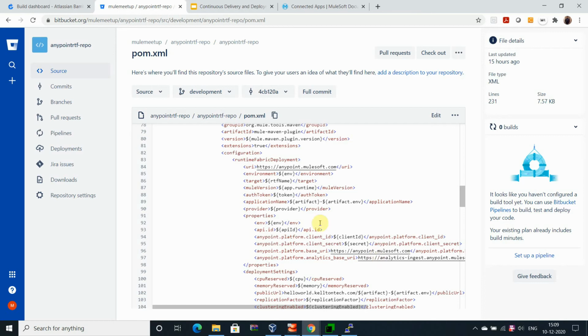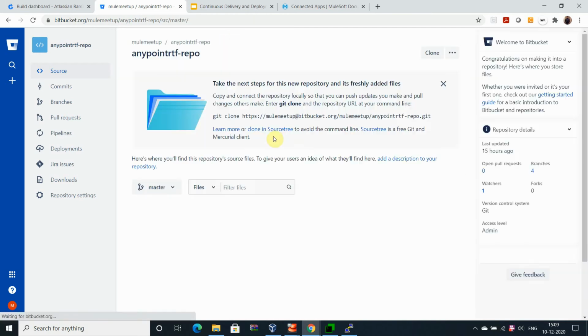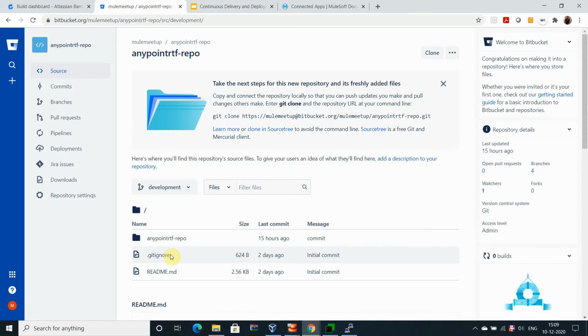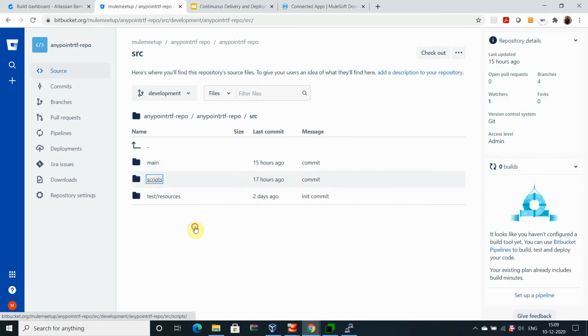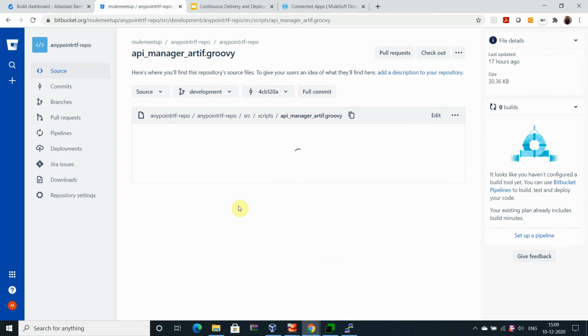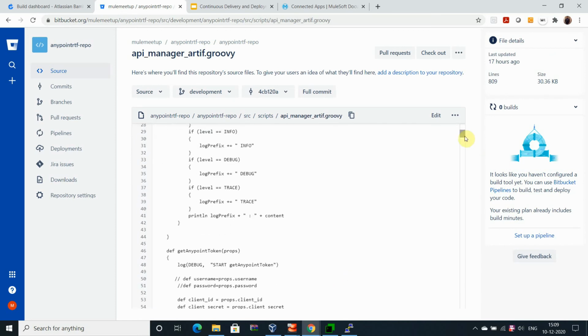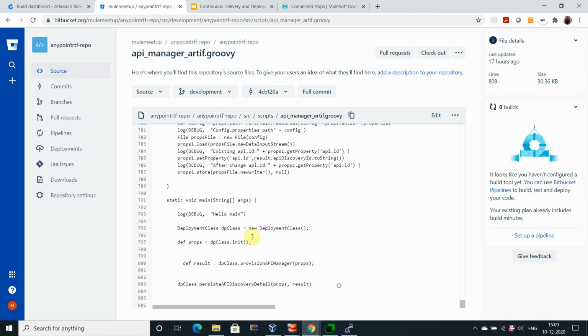Let's go to the API Manager RTF Groovy file. You can see that I have created the methods. In the main method I'm going to call init.